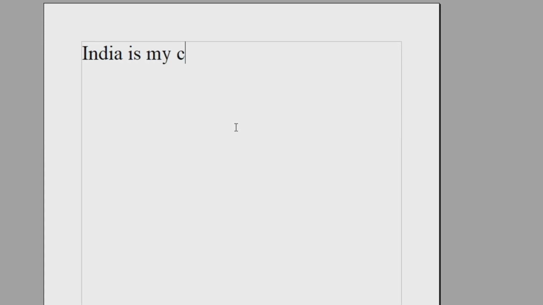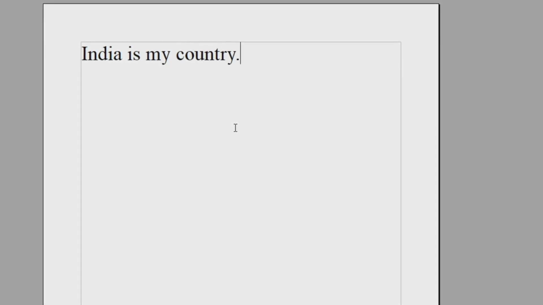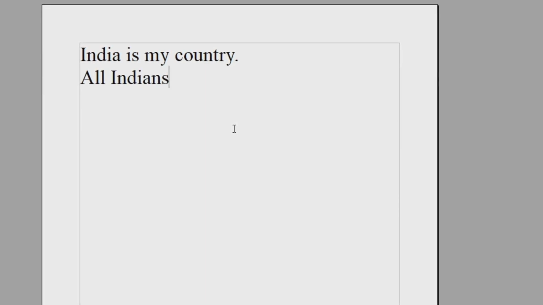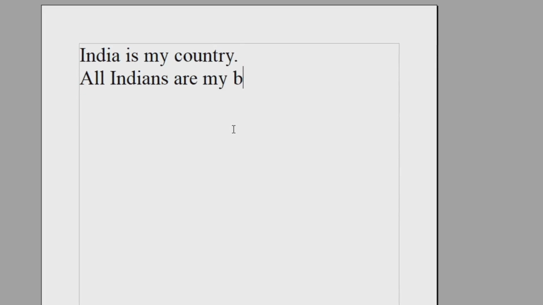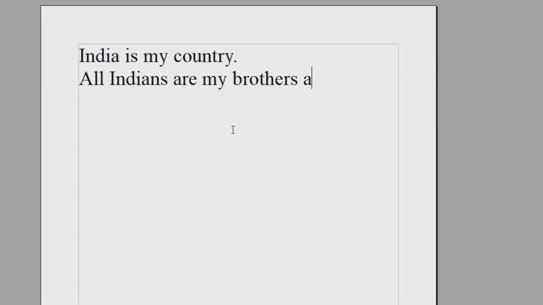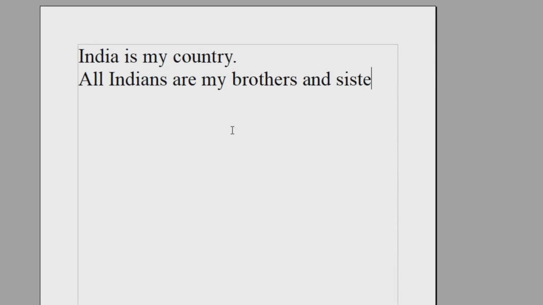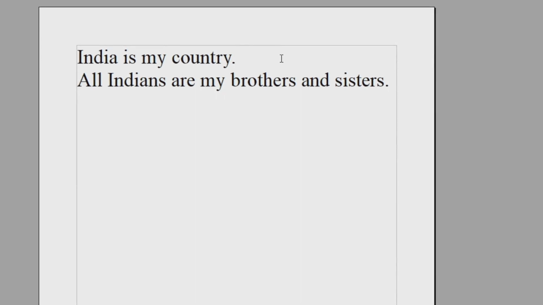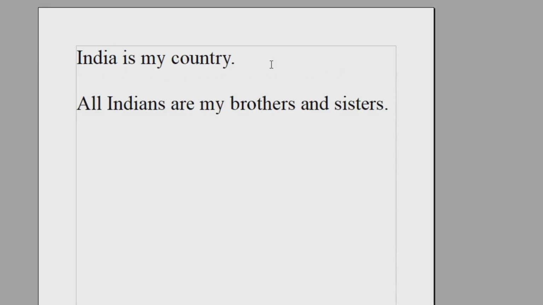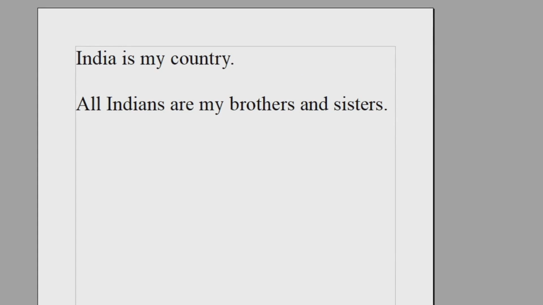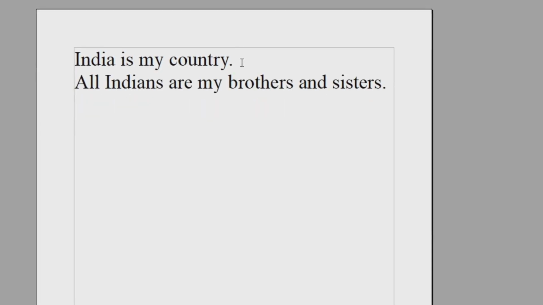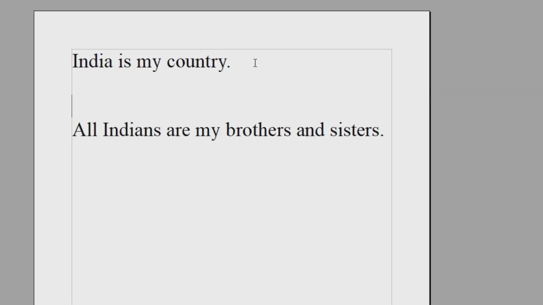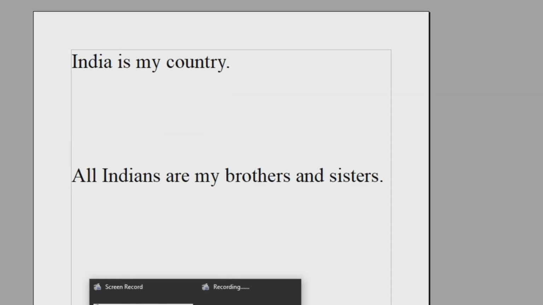How can you insert a new line in the same document? New line means in between two lines we can add one more line. How can we do that? First of all, place the cursor at the end of the line to which you want a blank line. Then press Enter key. Then you can see a new line is created in between those first two lines. Actually, each time you press Enter key, a new line gets inserted.